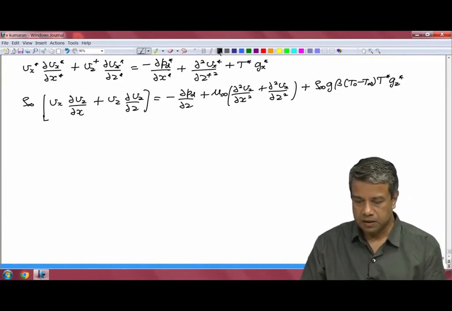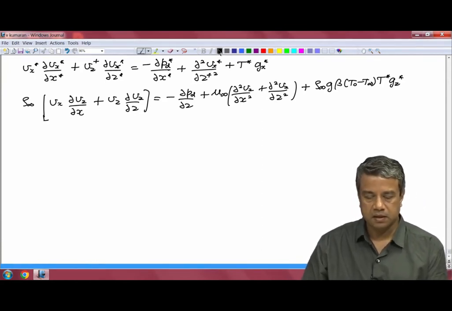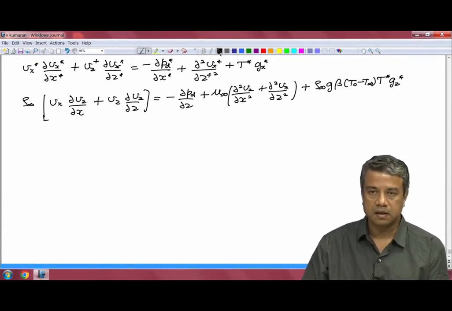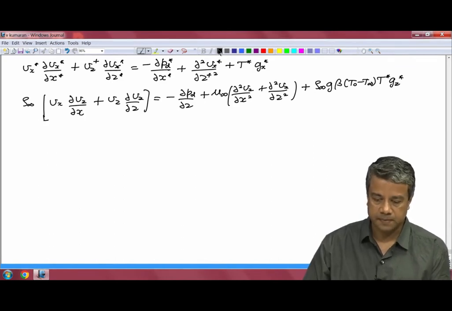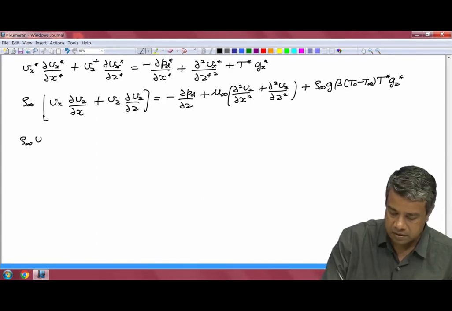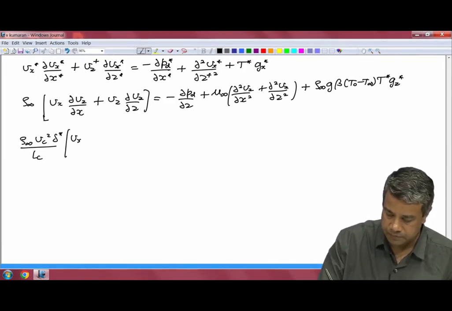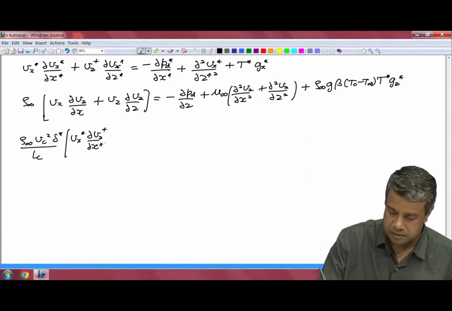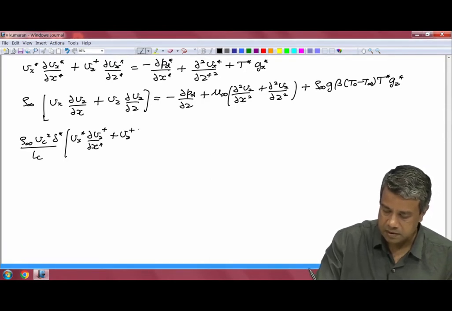Okay. So, substitute the scalings. Vx is scaled by Vc, Vz is scaled by delta times Vc, Z is scaled by delta times Lc. So, for the left side you will find that the total scaling is rho infinity Vc square delta by Lc, partial Vz plus by partial x plus Vz plus